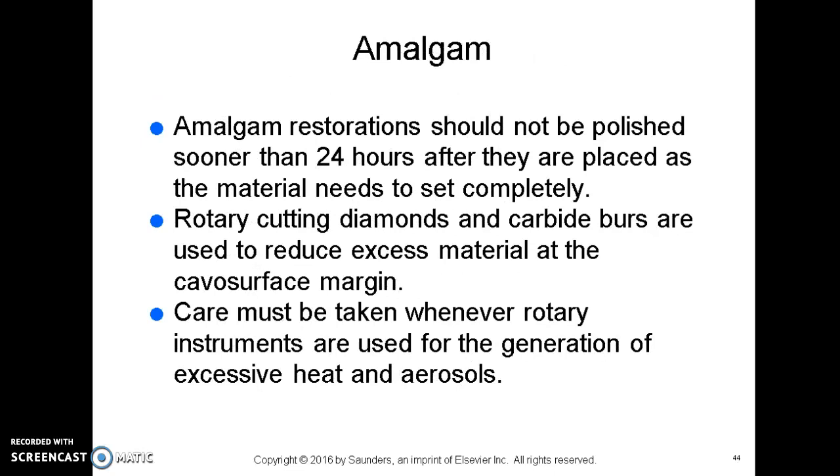Amalgam restorations should not be polished sooner than 24 hours after they're placed. So we need that full 24 hours to set and the mercury to kind of go away before we begin to do any polishing on these. Rotary cut